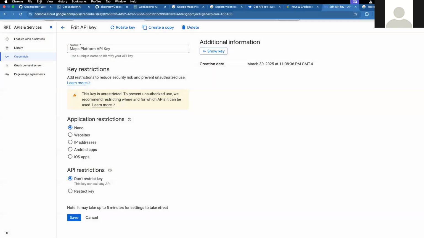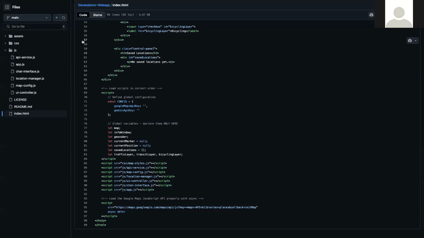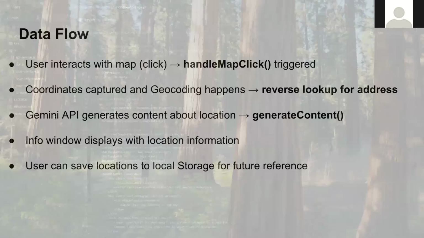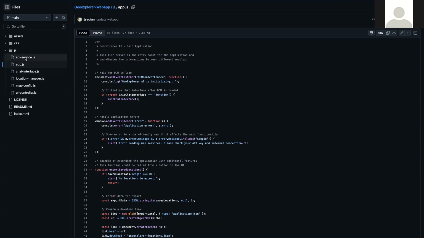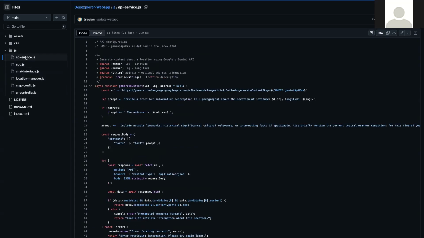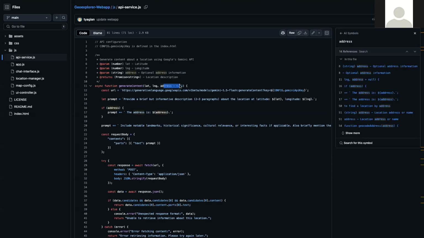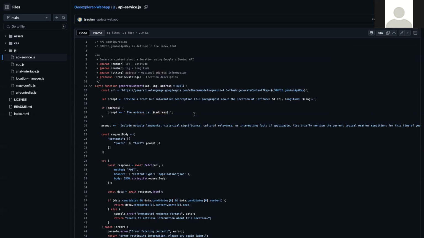So generate content, if we want to see, I think it's generate content. Yeah, generate content. I think it's in the API service, because we're communicating with the APIs. And here it defines that you're taking longitude and latitude as input, and by default address is set to null. But if you get it from the map, then it will take that as well, and we'll